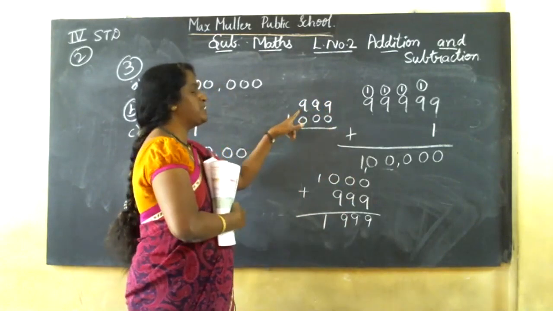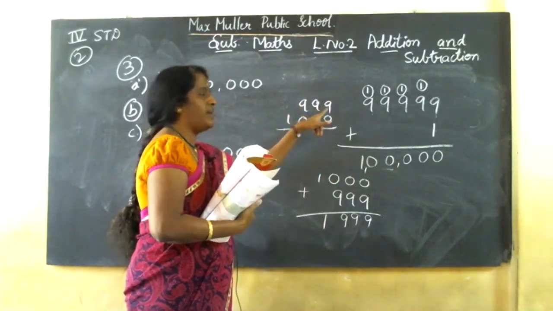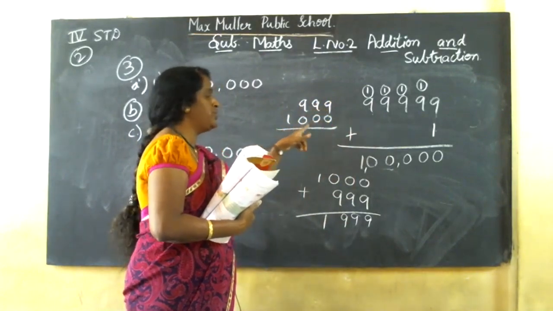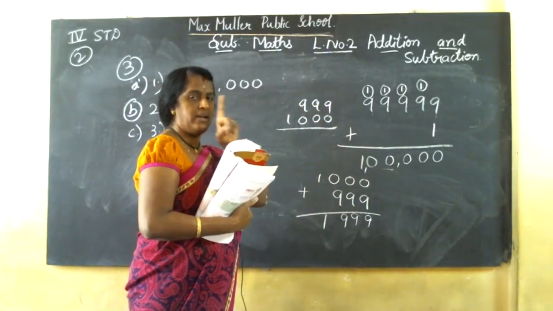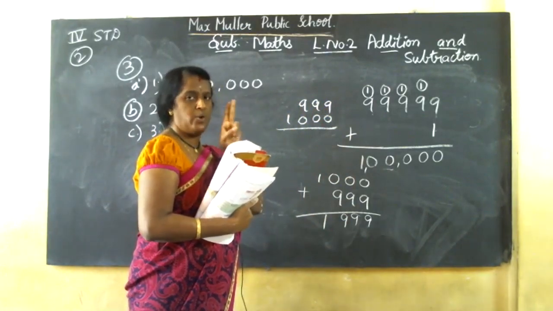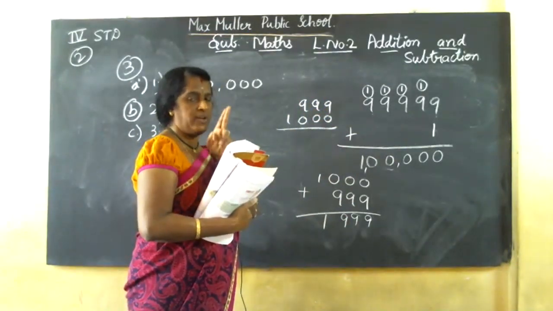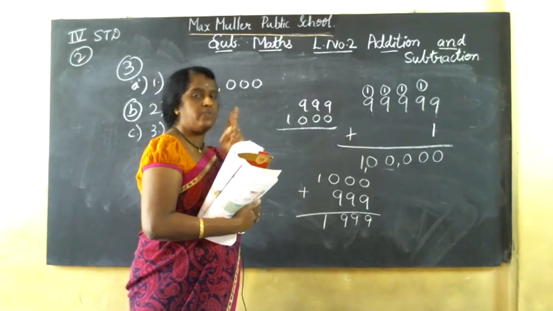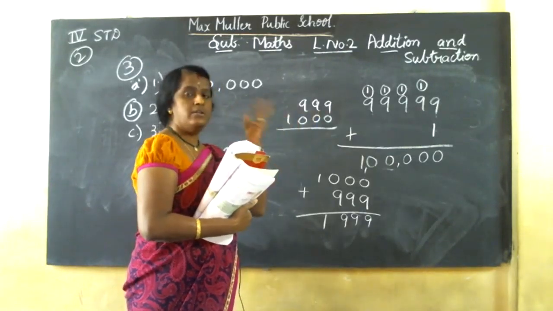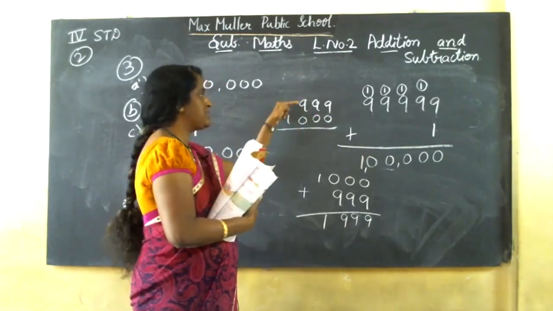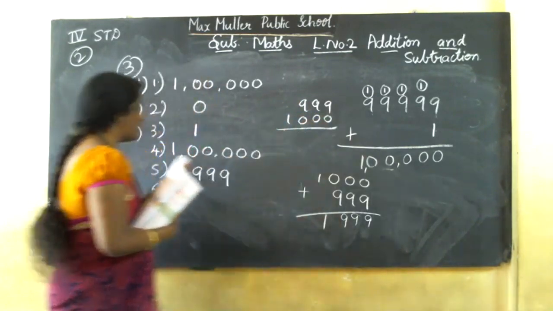Here the question is the smallest, the largest 3-digit number, the least 4-digit number. I told you 9 is the greatest 1-digit number, and the smallest will be 1 only. The greatest 3-digit number is 999. I told you the place value chart. The smallest 4-digit number is 1010, and this is 999, 3-digit. The 3-digit smallest will be 100, like that. This is greatest, this is smallest, 4-digit, 3-digit. When you add, you will get the same answer here.